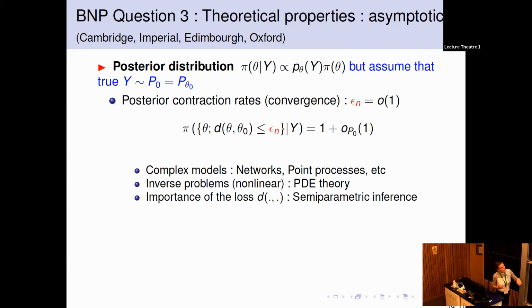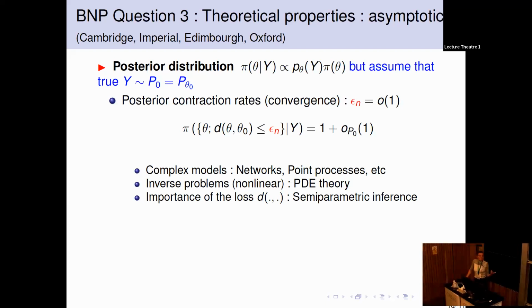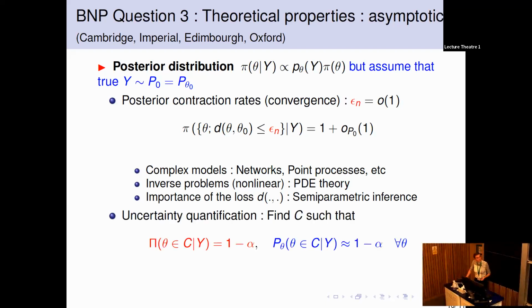Another important class of problems related to that is the loss function. It depends very much on the choice of this loss function, because in infinite dimensional models the metrics are not equivalent, and then all the properties differ depending on the loss function. So that's the first class of problem, and even though it's not simple, it's not the most complicated one.